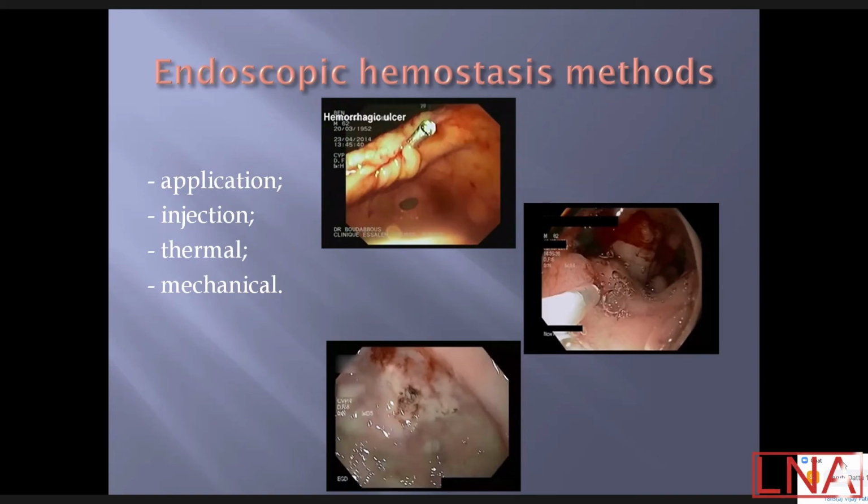And the last methods, thermal methods of endoscopic hemostasis, include various types of thermal effects. The essence of the methods lies, sorry,